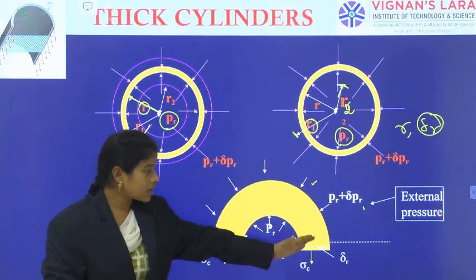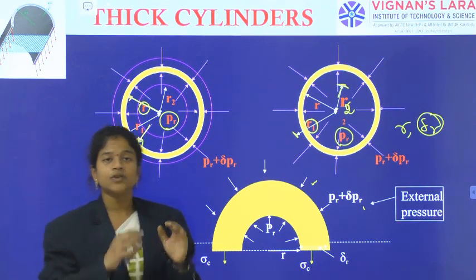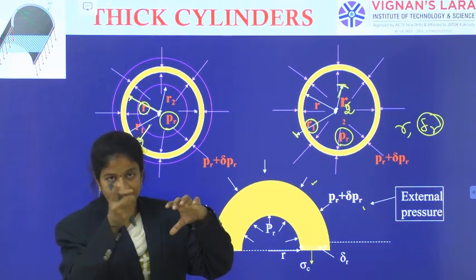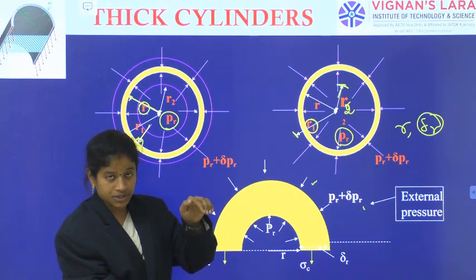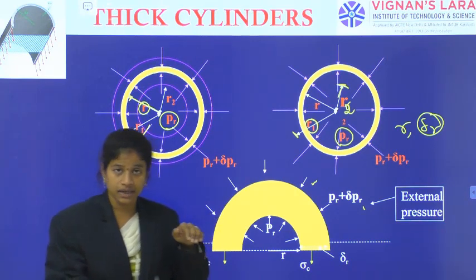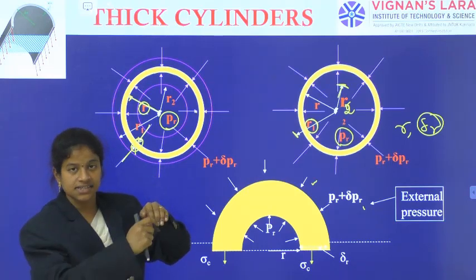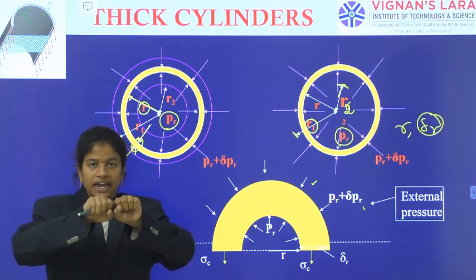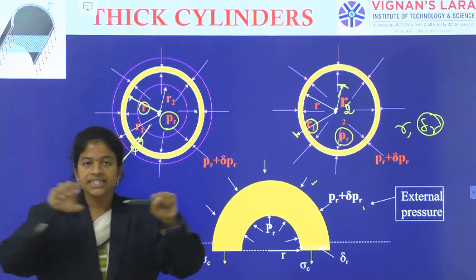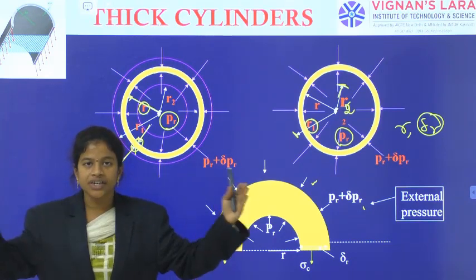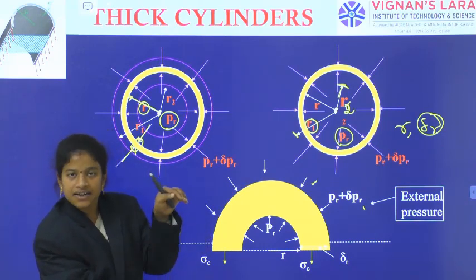Now, when you observe only the top segment, the same appearance will come. But when you see the cross-sectional view of the cylinder and cut the section along the x-axis, in this way, when you observe what is the stress corresponding, to keep the circumference as it is, some circumferential stress comes. So along the length when it is getting split, that is longitudinal stress. Along the circumference when it is getting split, it is circumferential stress.